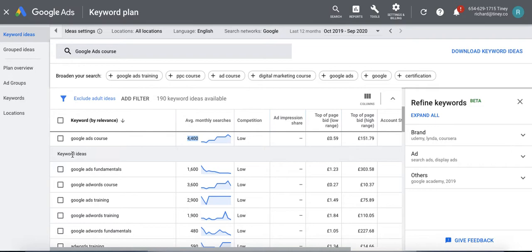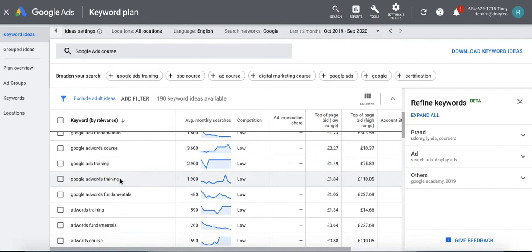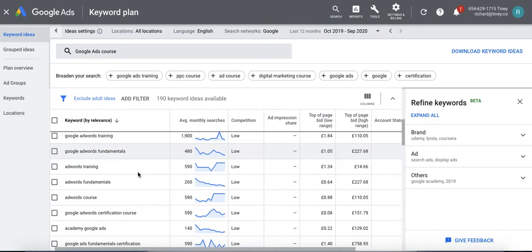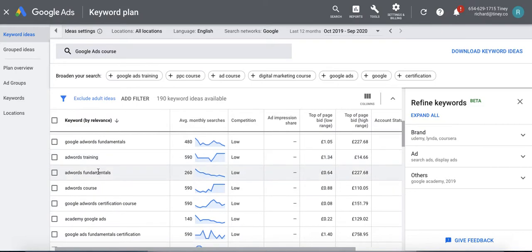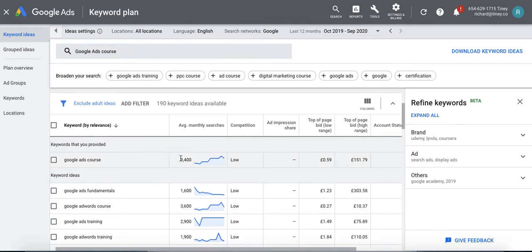But you can see here, I've got all these keyword ideas off the back of typing in Google Ads course. And I can see Google Ads fundamentals, Google AdWords course, Google Ads training, Google AdWords training, et cetera. And again, there's a big long tail of AdWords training, AdWords fundamentals. These are things I probably wouldn't have thought of, and that's really useful because initially I had 4,400 searches per